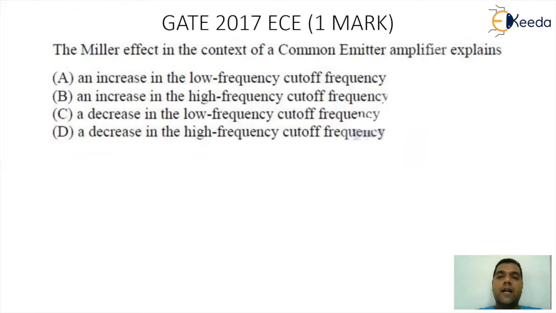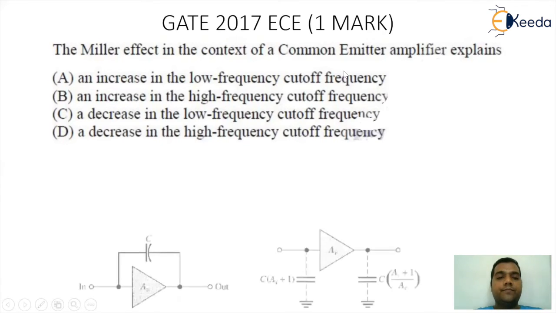So this question is regarding the impact of Miller capacitor on calculation of the cutoff frequency. For our frequency response, we are having 2 cutoffs, a lower cutoff and a higher cutoff. We have seen the impact that during the concept of frequency response, the Miller effect was used to solve the impact of high frequencies. So there is a small hint that we are going to understand something related to the high frequency. So let's check what is going to happen.